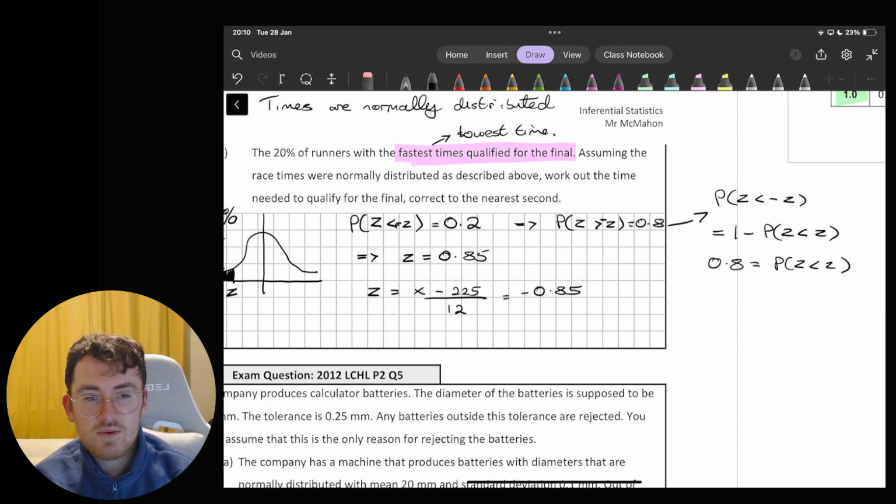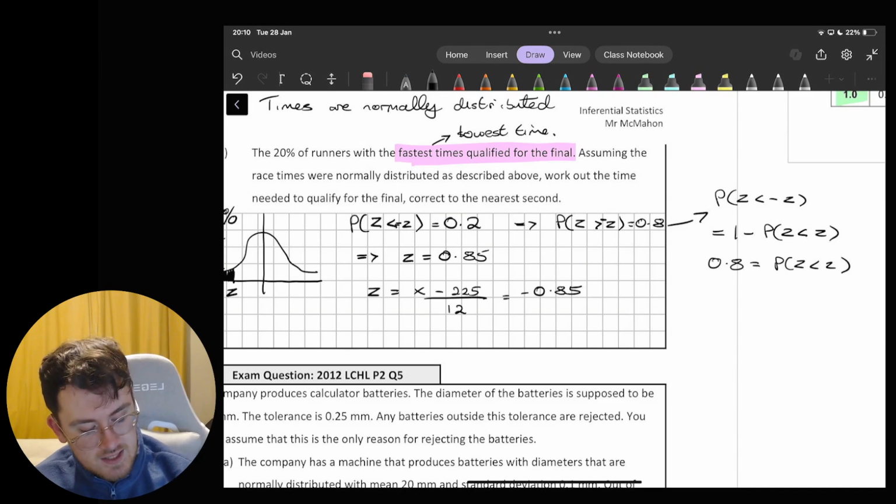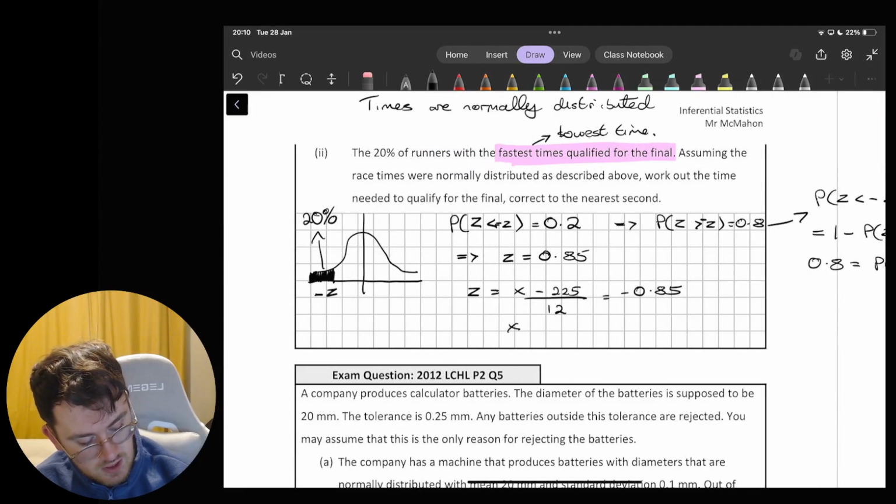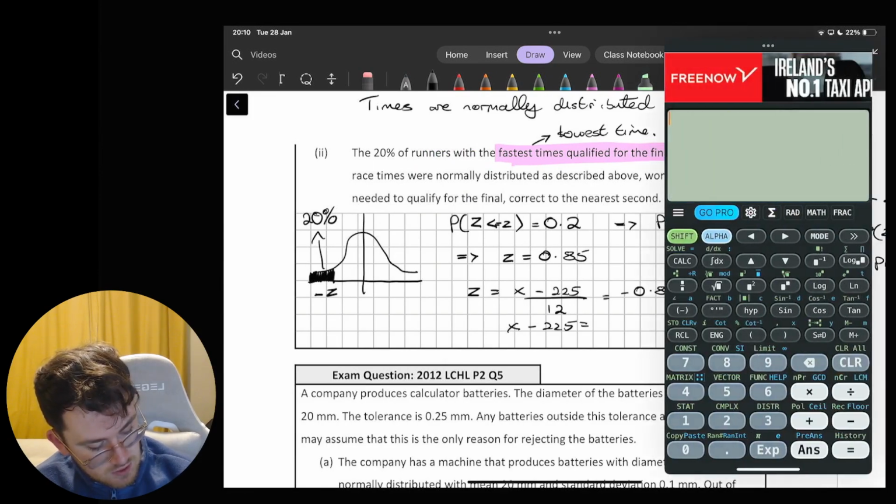And that just allows us to look at our log table specifically and look for that specific probability of 80%, which works out as a value of about 0.85. We know it has to be negative because we're expecting it to be in that lower portion of the information. So solving out now is all that's left to be done. So 0.85 times 12 is 10.2,